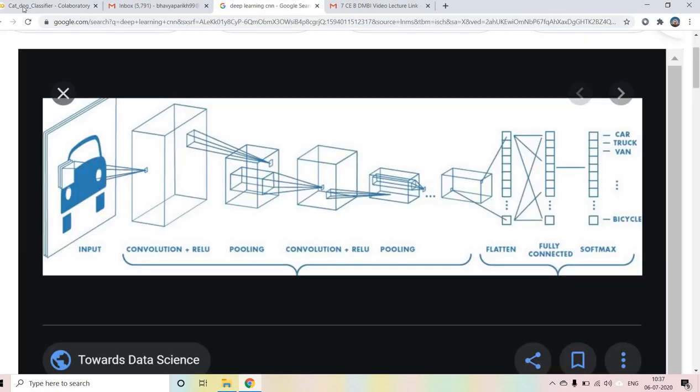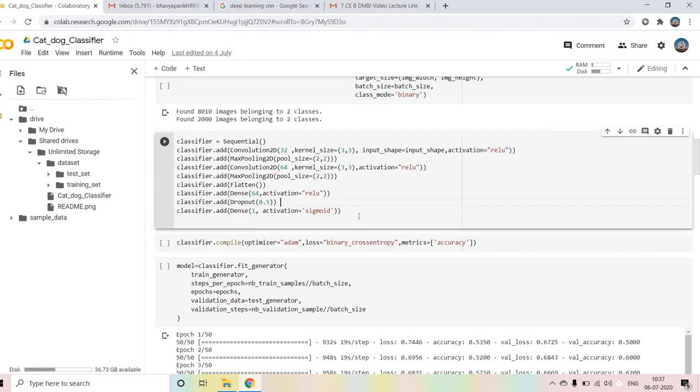I will show you at a later stage. We have one class output: we have two classes, dog and cat, so I have taken one unit with sigmoid activation.